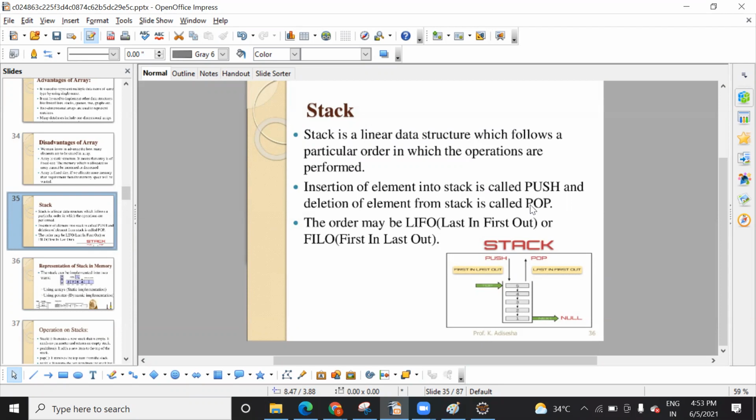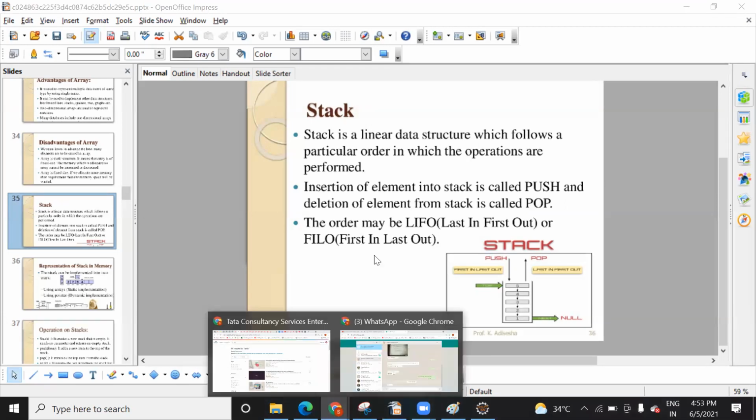It is something like a pile of plates. Have you seen the CD stand where you keep the CDs? It is something like a horizontal rack where you keep on keeping the CDs. Okay, let me show you once.